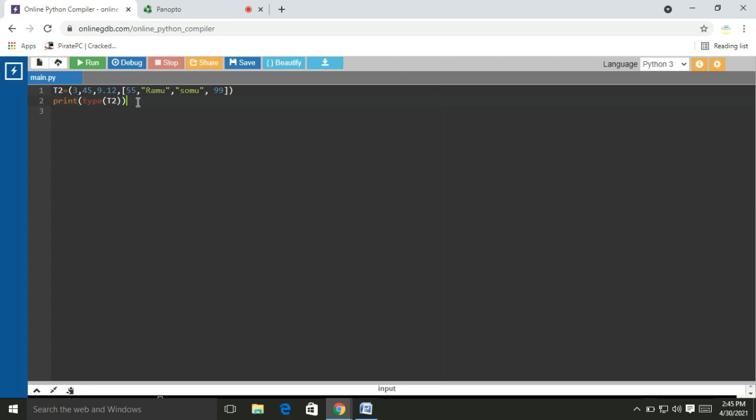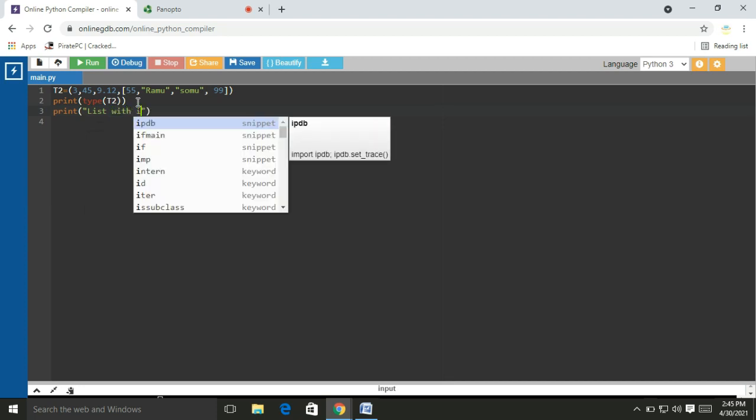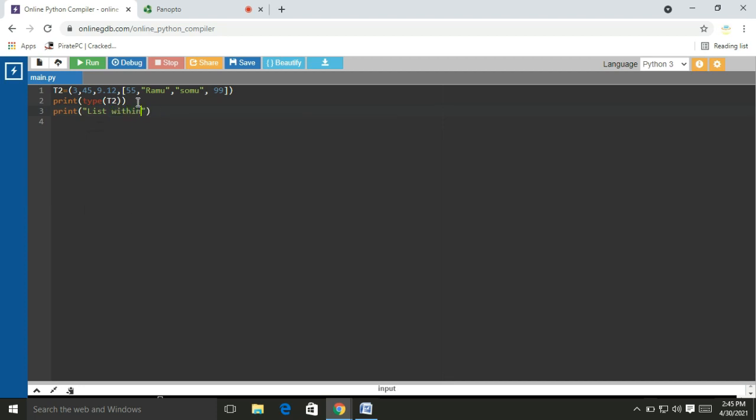That means print list within tuple is, comma, T2 of 2.